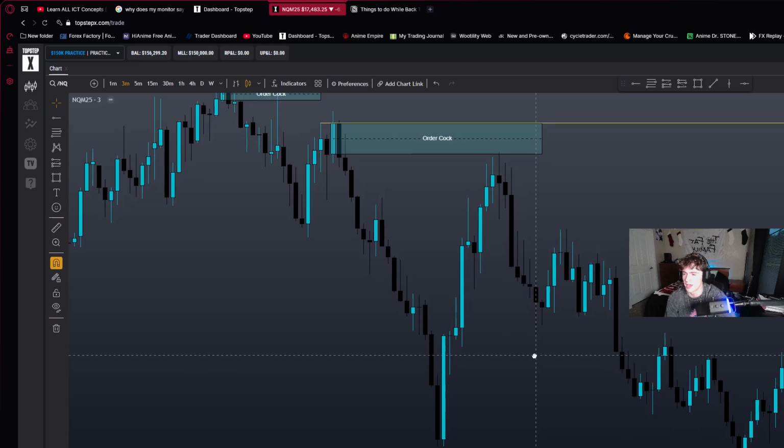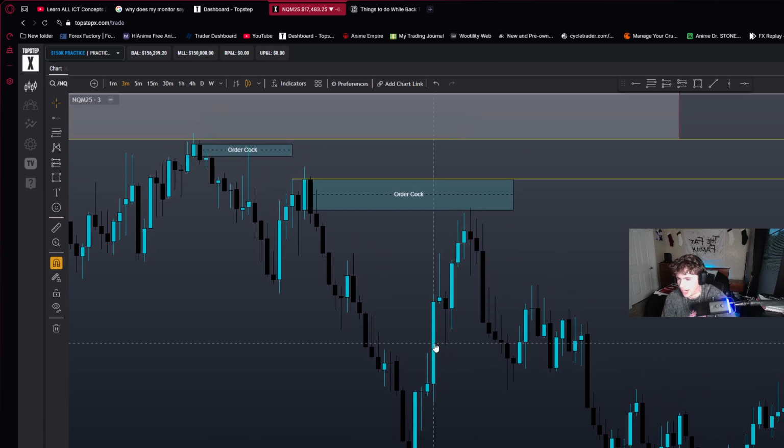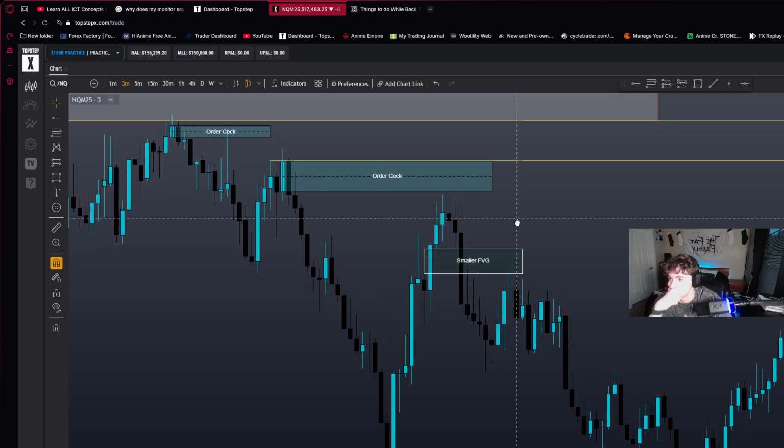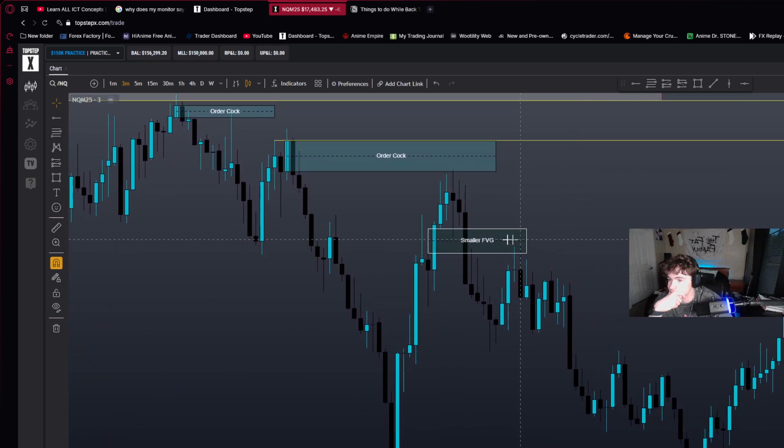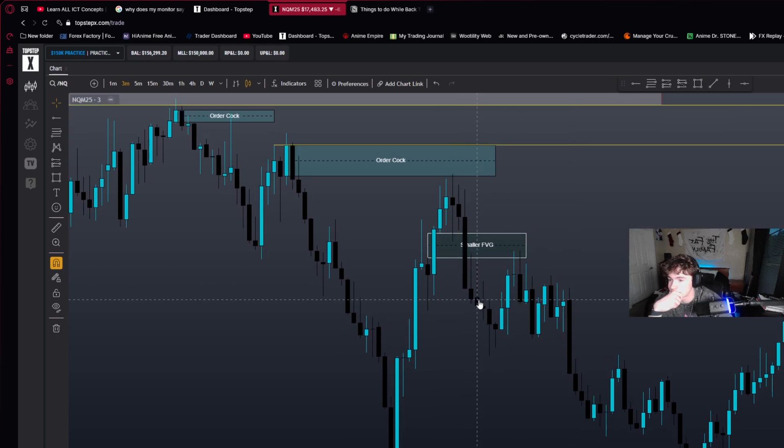Price fills this fair value gap. Consequent encroachment. Oh, check this out. If you don't want to take that order block trade, you can do this. Label this smaller fair value gap. Price reacts out of it, which is bearish because it's tariffs. Anyways, consequent encroachment. You can use this for value gap right here, and it reacts off of that. You see selling pressure out of it, another retrace. Then you can short here.